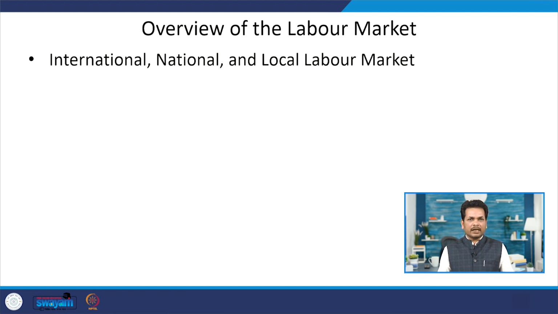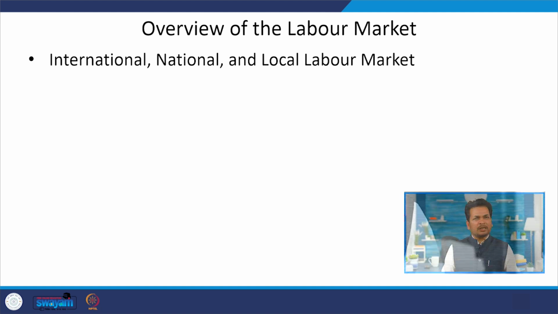When it comes to different types of labor markets, we talk about the international labor market, national labor market, and local labor market. Every market has buyers and sellers, and the labor market is no exception. The buyers are the employers and the sellers are the workers. Some of these participants may not be active at a given moment in the sense of seeking new employees or new jobs, but on a given day, thousands of firms and workers will be in the market trying to transact.